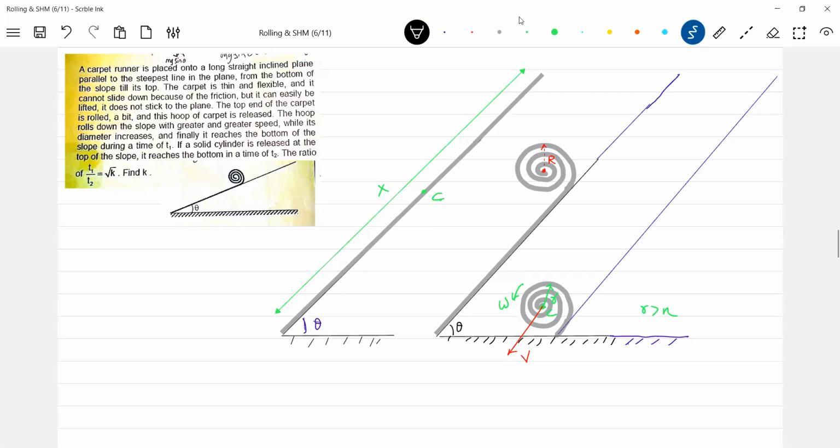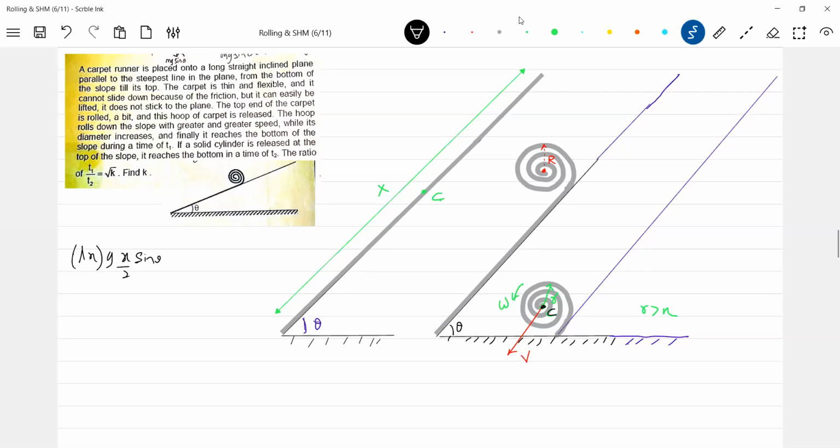Look carefully, I am trying to explain everything through the diagram. That will be a much easier approach. So the center of mass, which was at the midpoint on the incline, at this particular height, got descended. That gravitational potential energy got converted into rotational plus translational kinetic energy. Let me get into the conservation of mechanical energy concept. Mgx: mass of the carpet is lambda x, where x is the length, so lambda g x by 2 sine theta.